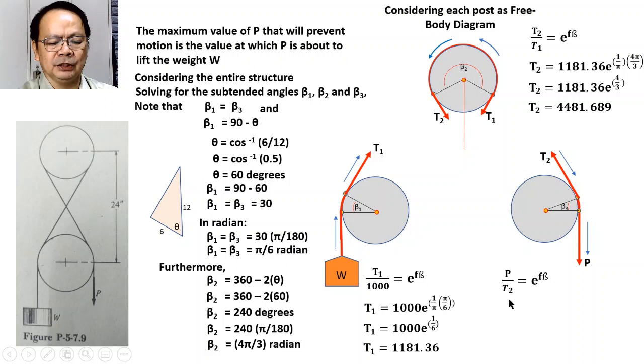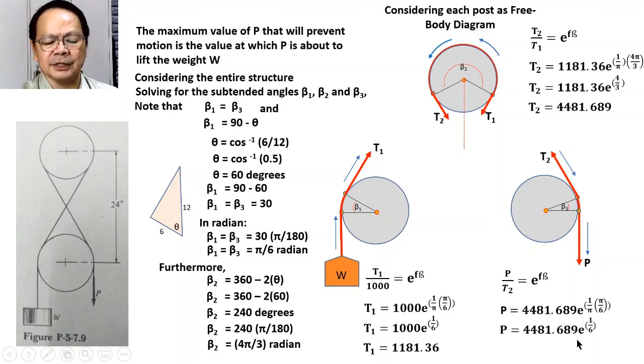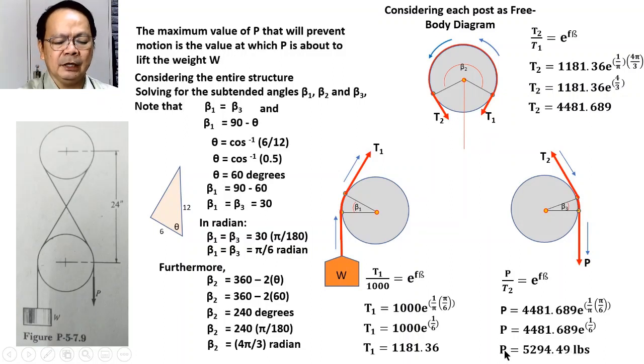Now, substituting the value, we shall have here P equal to 4481.689 times e raised to 1 over pi representing our f and pi over 6 representing our beta. Then simplifying and solving, P is equal to 4481.689 times e raised to 1 over 6. And then finally, we have P equal to